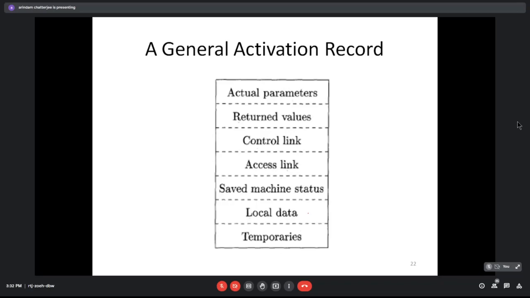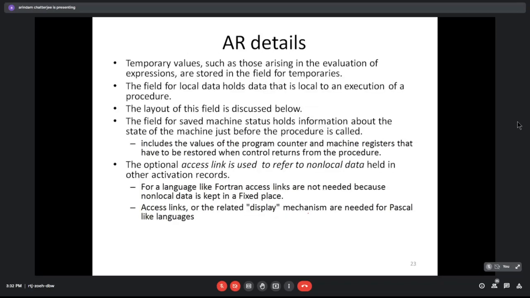So local data is also part of the activation record. Temporary values arise because of evaluation of expressions. We'll see more of temporaries when we talk about intermediate code and machine code generation. Local data, I think all of you know what it is.